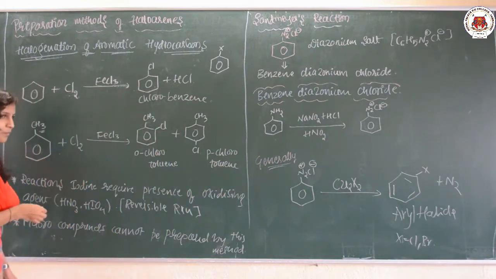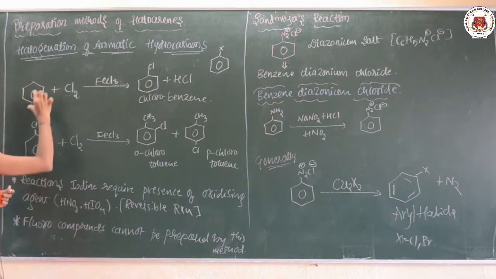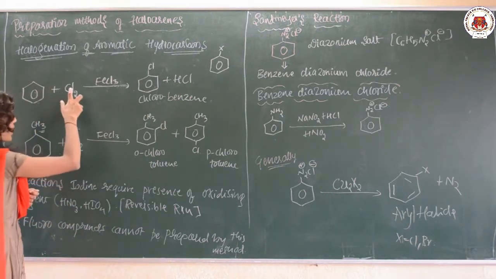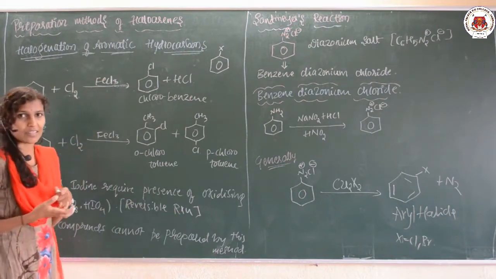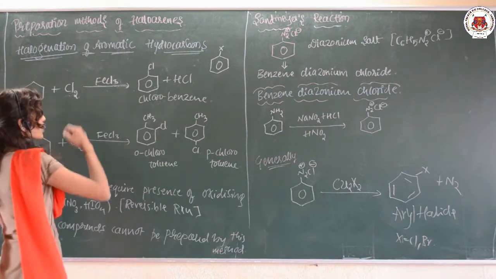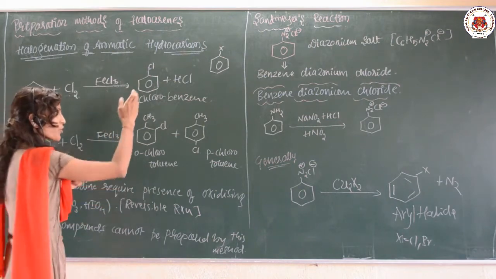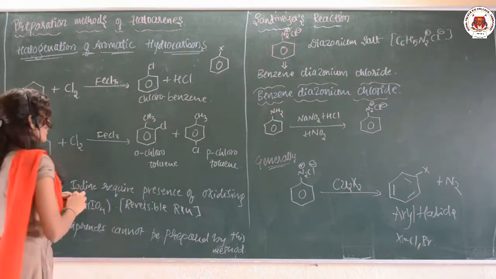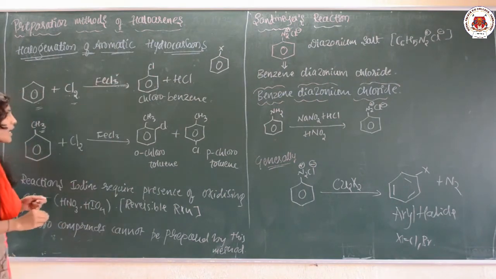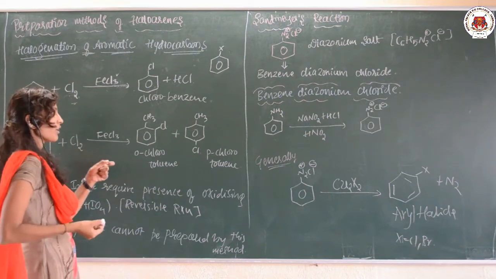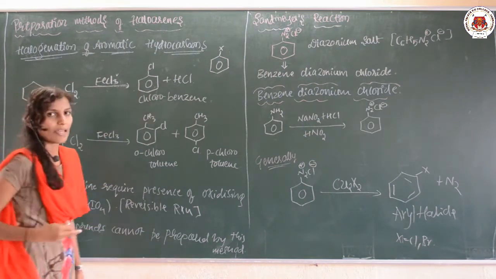So in case of halogenation of the aromatic hydrocarbon, we are taking the aromatic hydrocarbon like this. We are adding the halogen in the presence of some FeCl3 or AlCl3 halogen carriers. Along with this we are going to maintain the dark and cold condition. During that time there is a formation of the haloarene compounds. For example, when benzene reacts with chlorine in presence of FeCl3 in dark and cold condition, we are going to get chlorobenzene as one of the products. Chlorobenzene is nothing but the haloarene.